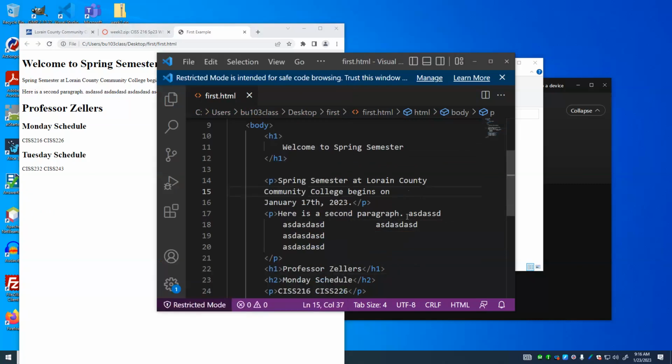And by white space, I mean spaces, tabs, new lines. It replaces all that with just a single space. Now that can be a little annoying at first until you get used to it, but it's actually a blessing because when you do that,